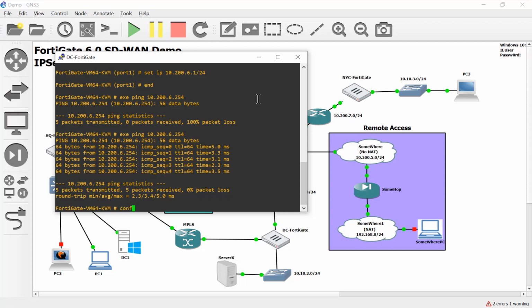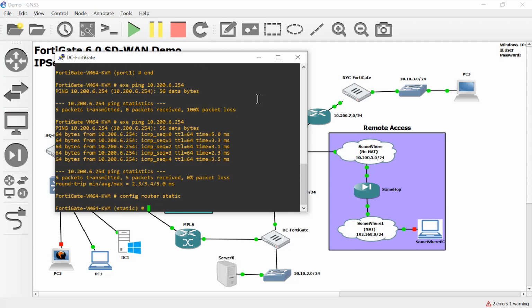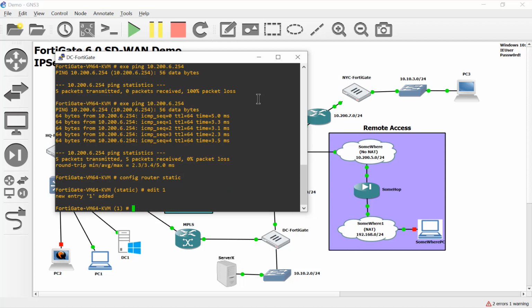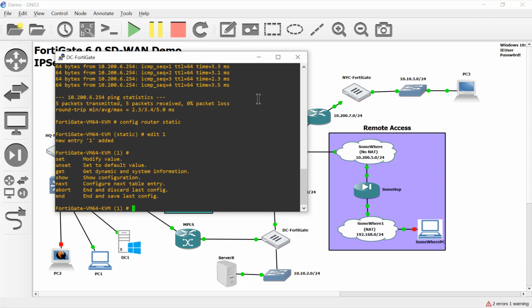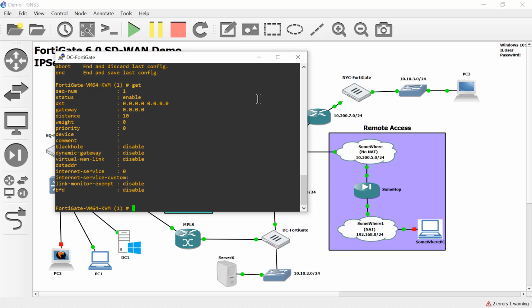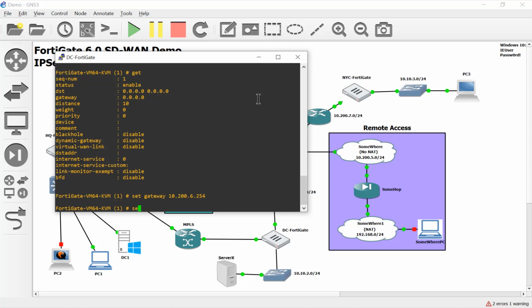But we're going to go ahead and do a config router static. We're going to edit one. And then you can actually do a question mark, not a question mark here, do a get command if you want to see everything that you can configure within a certain level of your FortiGate CLI. So here we're going to say, hey, that destination will keep the quad 0, but we're going to go ahead and set the gateway to 10.200.6.254. In other words, if you don't know where to go, pass it off to that Linux box, okay? And then we'll also set a